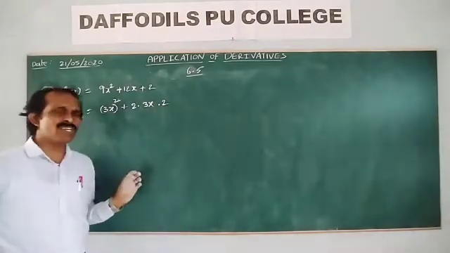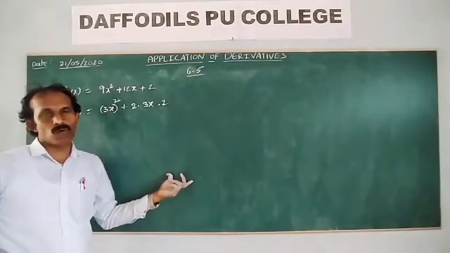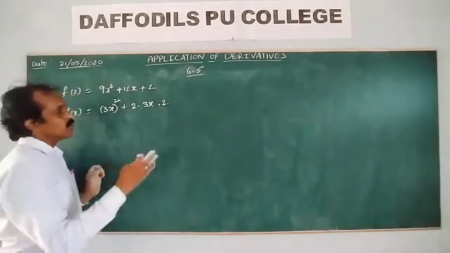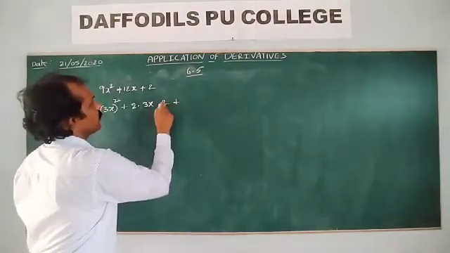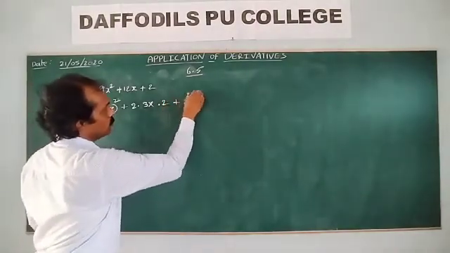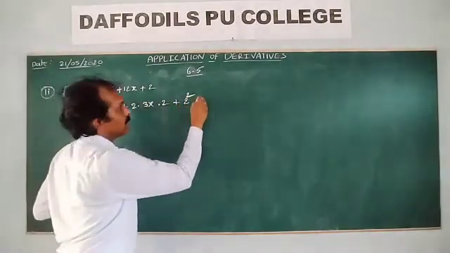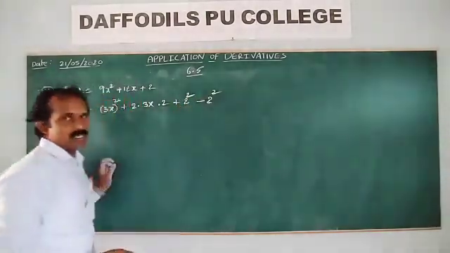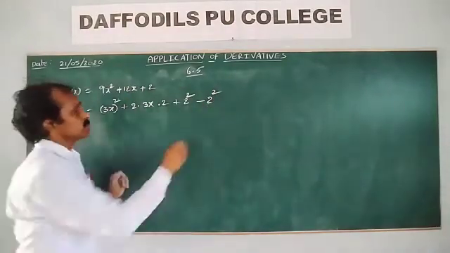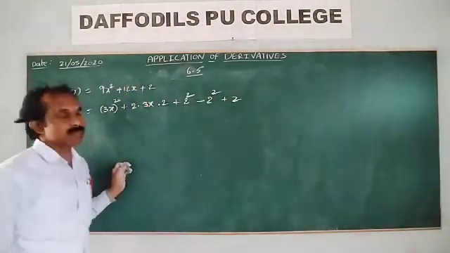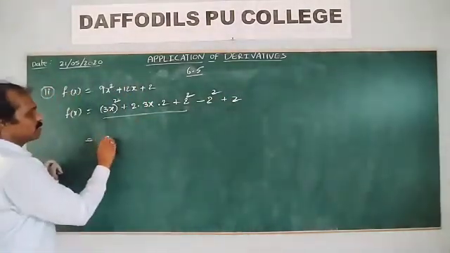Next, you write the b square to get a plus b whole square or a minus b whole square. You want the b square value. B square is 2 square, which means 4, but 2 square is not there. That's why we add and subtract it. Then there is no change, adding and subtracting. Plus 2.